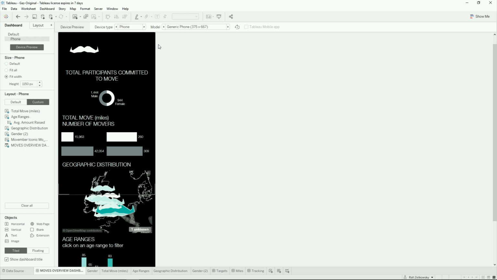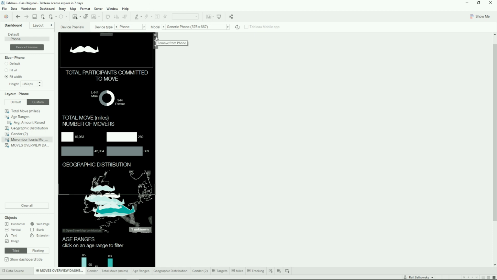Scrolling, yes. So we are already conditioned to scroll for information on our mobile phones. So Tableau is recognizing that and saying that actually it would be great to just have a dashboard of a fixed width, and you can go as long as you want. It doesn't have to fit on a single page like it does on a desktop. Once it's done that, you can make some additional changes.